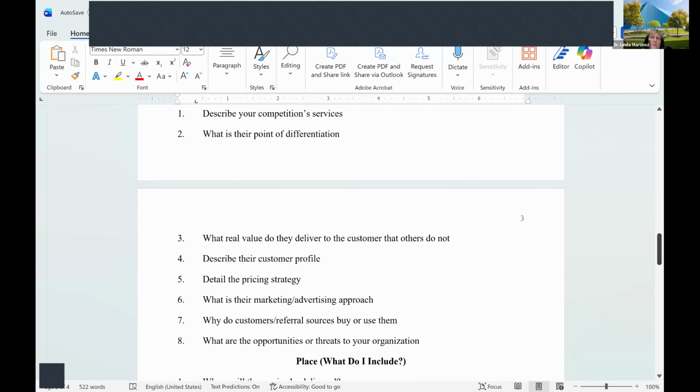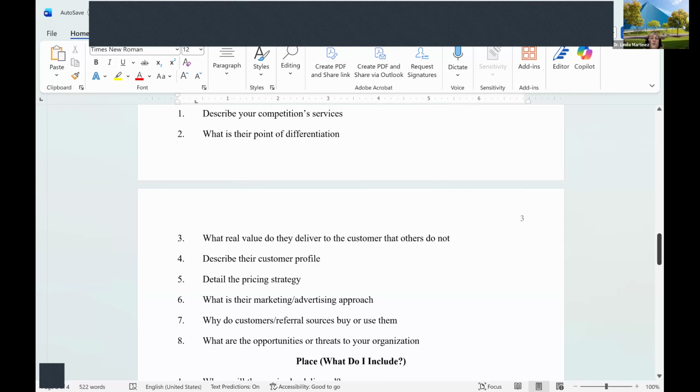Maybe they take more insurance companies. Maybe they have extended payment plans. Maybe they have exceptional experts in the field. Maybe you can get an appointment with them the same day. Whatever it happens to be, you can tell from the website, and by looking at the reviews from the website and from other places. There's a number of different companies that review medical facilities and medical caregivers, as well as your typical Yelp. I mean, they will talk about you there too.